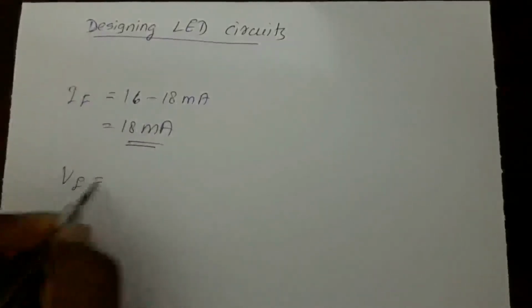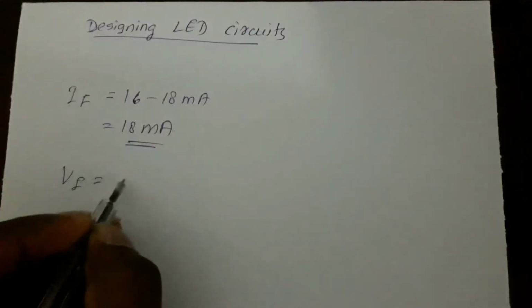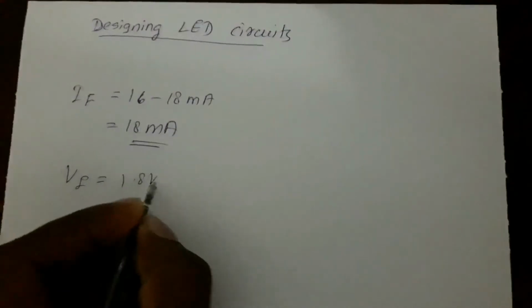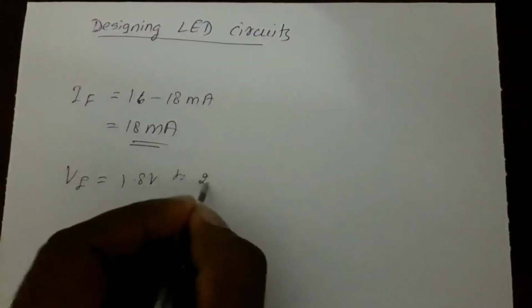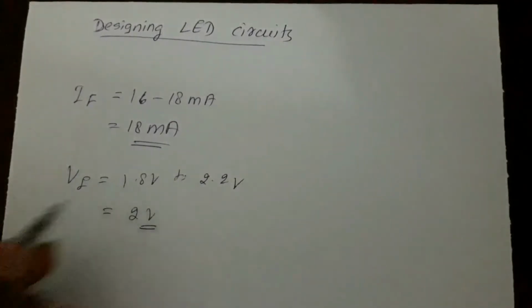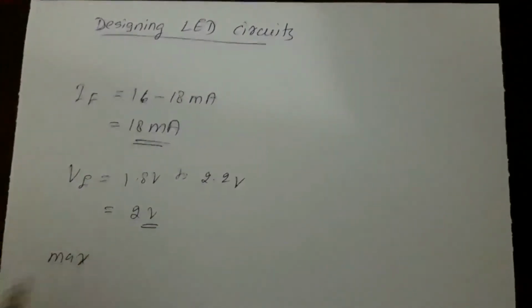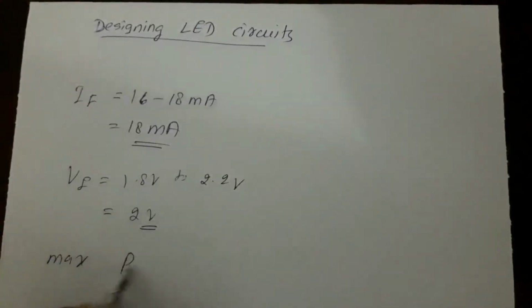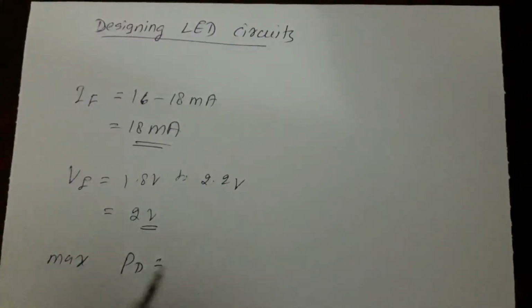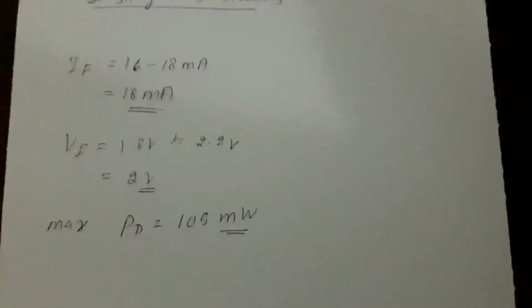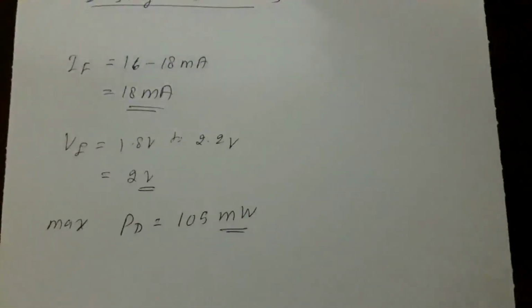Afterwards, the forward voltage was allowable between 1.8 volts to 2.2 volts. So we'll choose 2 volts. And the maximum power dissipation was given to us as PD, power dissipation, 105 milliwatts. So let's keep these values in mind and